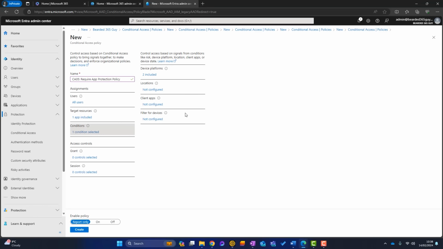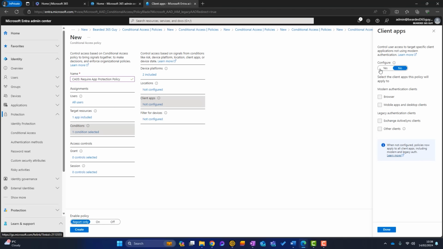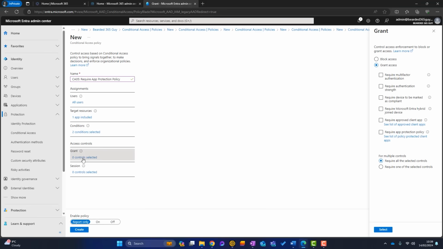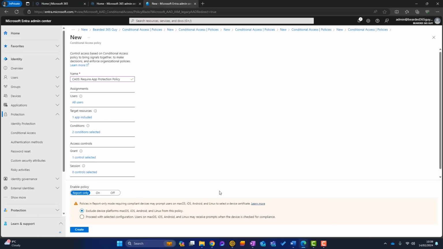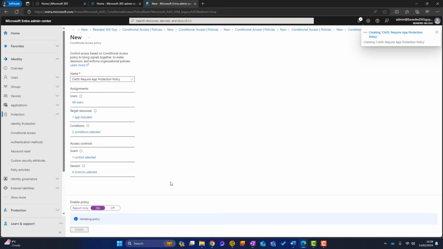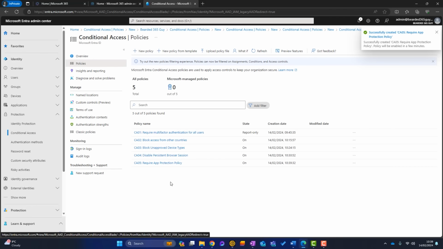Click on Done there. We're going to look at Client Apps here. Yes. We're going to talk about browser sessions and mobile apps and desktop clients. Okay, click on that. And then we're going to go to Grant Access. And yes, we're happy to grant access. However, we require an app protection policy. Okay, click on Select. Let's create it.